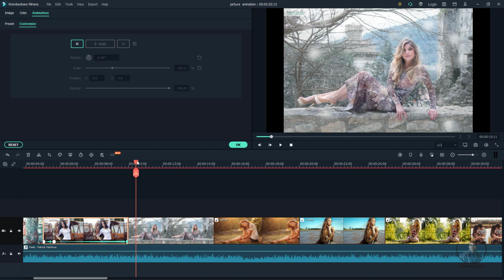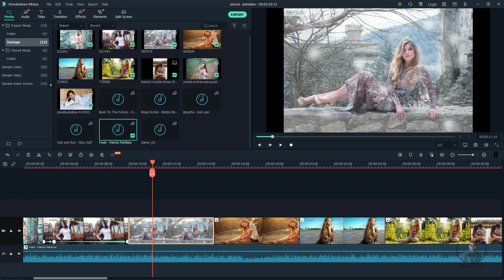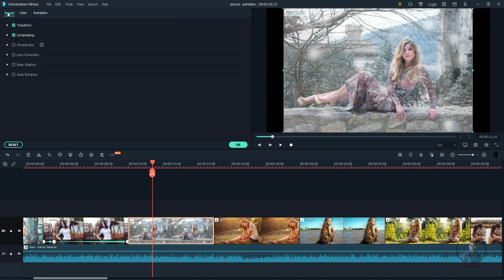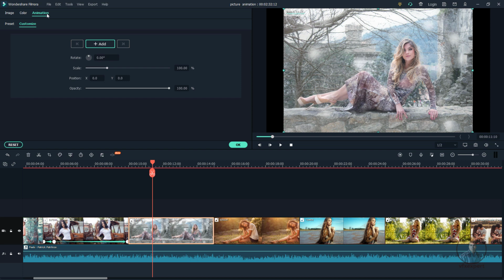Now the third option, I am going to show this custom animation option. With the help of this custom animation, you can also animate your picture. According to your requirement, you can simply animate your picture. Now finally press OK here. Again just double click on this picture. This will open this same option where you were at last. You can see. Then if you want to change, simply you can select all these options here.